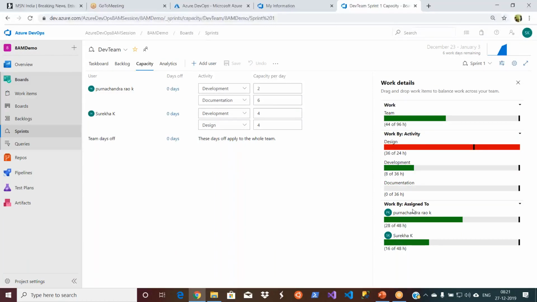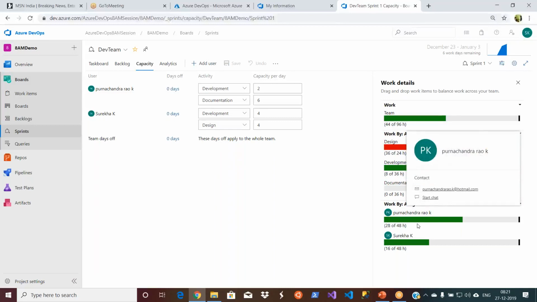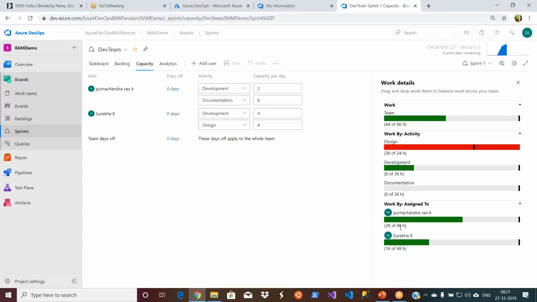So I will start from the person. So right now, 48 hours of capacity is available for this user. It is based on the sprint dates and etc. And then out of that 28 hours, you can check this actually. You can calculate. And then 16 hours of 48 hours is being allocated. So since it is not exceeded,